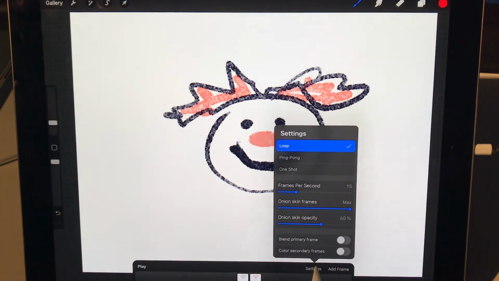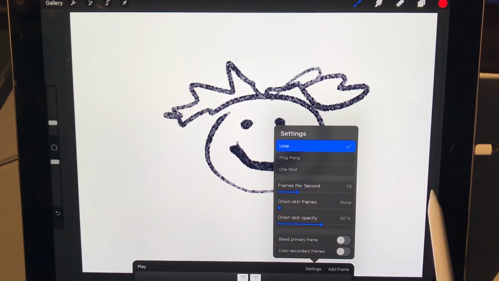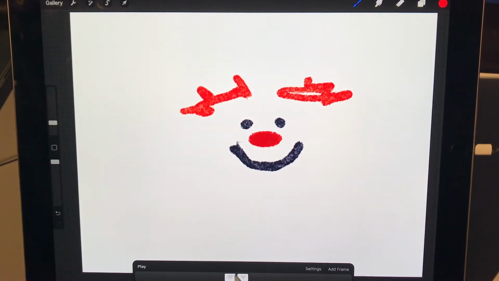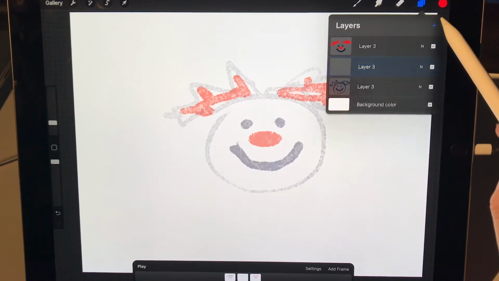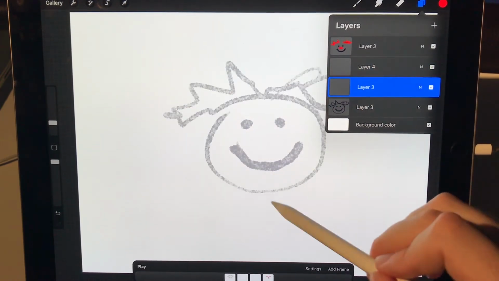So if you go to Settings, this will help you show all your layers again. You don't need to worry about frames per second. But onion skin frames, this is how many frames you'll see. So now I see my first frame. If I click on this, I see my second frame. We have one onion skin frame. Or if I want to add a bunch of frames and just draw random things on it,